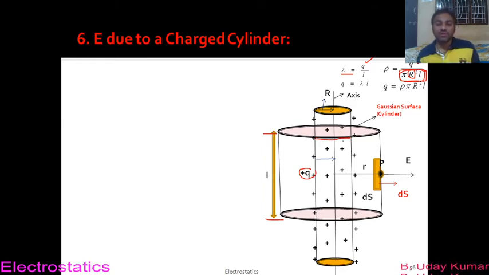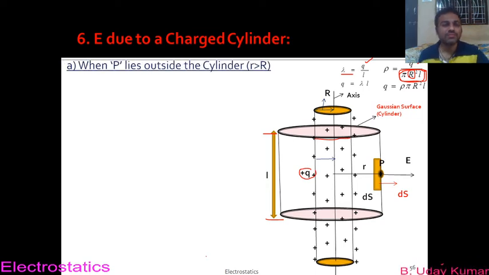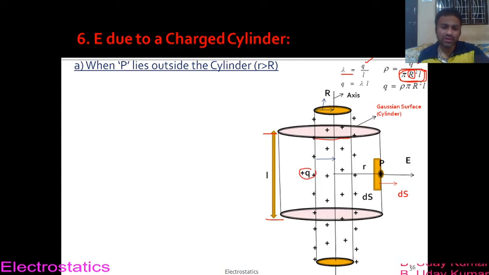So please check it. Anyway, you know these formulas. Now the maximum of the explanation part is over. Now we just do the mathematical part. So let us assume that the point P is present outside the cylinder. We are already doing that because this is our charged cylinder whose radius is capital R, and I have chosen a point P which is present outside the cylinder, at a distance of small r. So that means when point P lies outside the cylinder, small r will be greater than capital R.